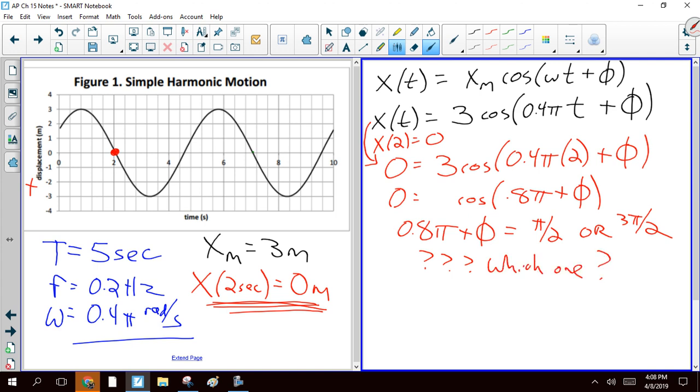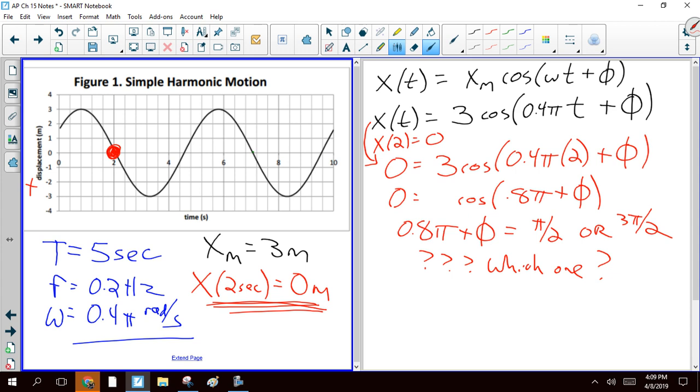To do that, I'm going to look at the velocity. So let's think for a minute. I need to ensure, look, there are a couple points here where the position is 0. It occurs once there where I've got the red dot, but it also occurs over here at the green dot,